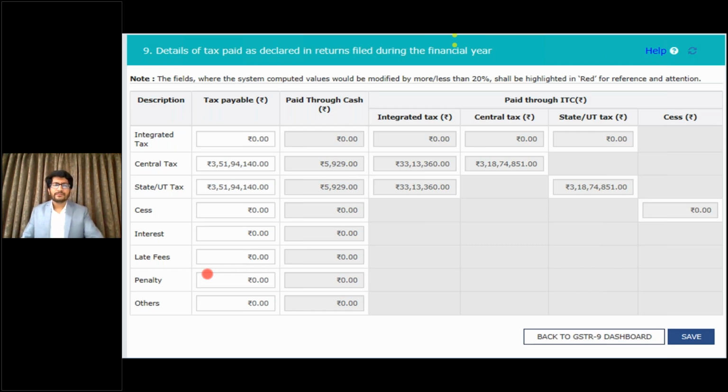It will create an adverse impact because GSTR 9C picks up output tax liability as per table 9 plus 10 minus 11. The base considered for GSTR 9C reporting is table 9 and not table 4. Hence, we should ensure that the tax payable as per table 9 should always be equal to tax payable as per table 4.